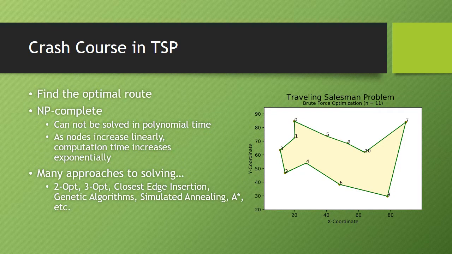So if you're taking Dr. Yampolsky's artificial intelligence class, you should be well acquainted with the traveling salesman problem by now. The basic problem definition of the traveling salesman problem is that given a list of cities and the distances between each pair of cities, what's the shortest possible route that visits each city exactly once and then returns to the original city? So this particular problem is a very famous problem in computer science,